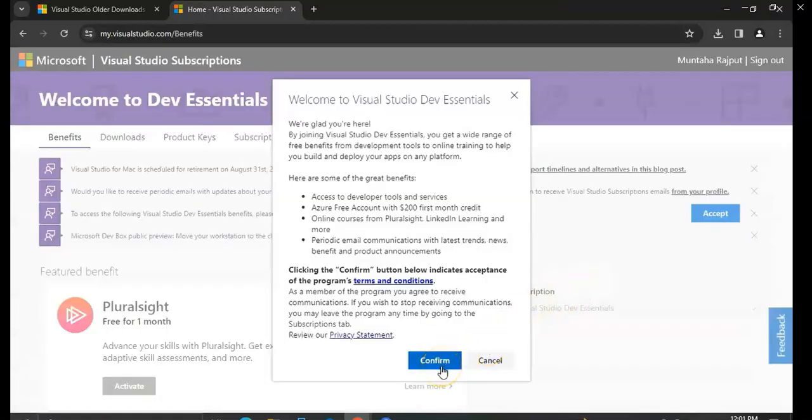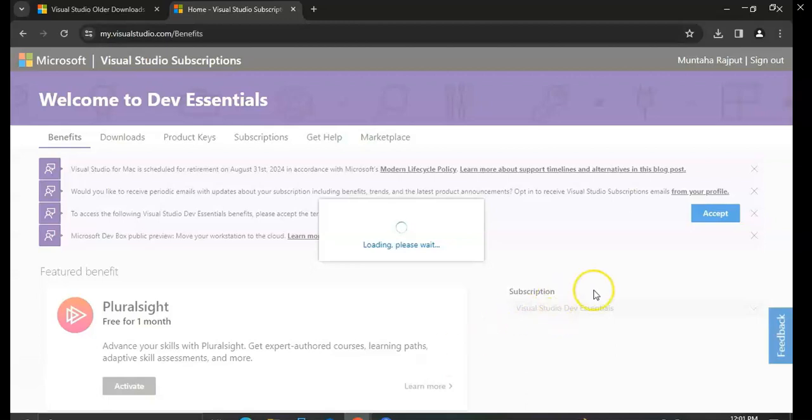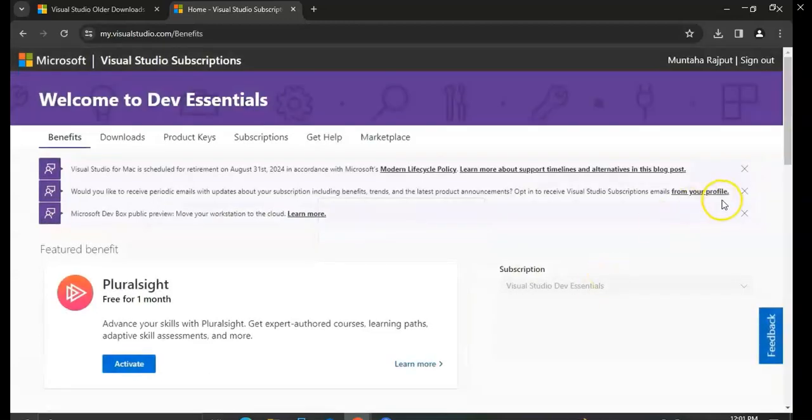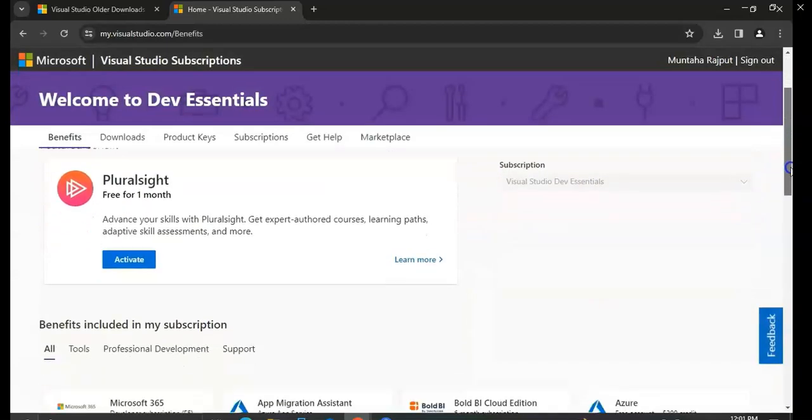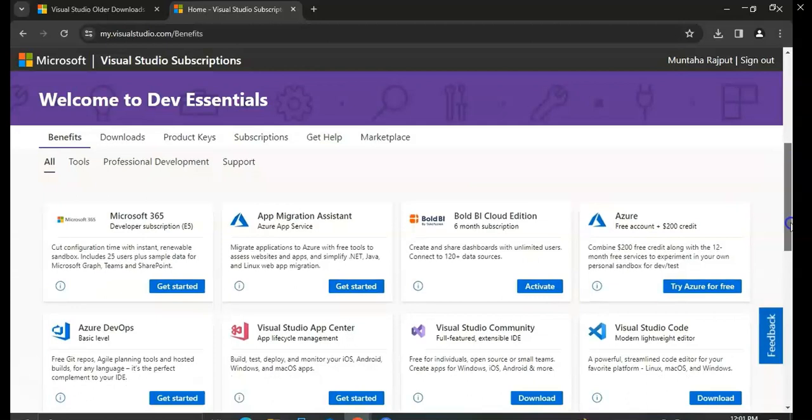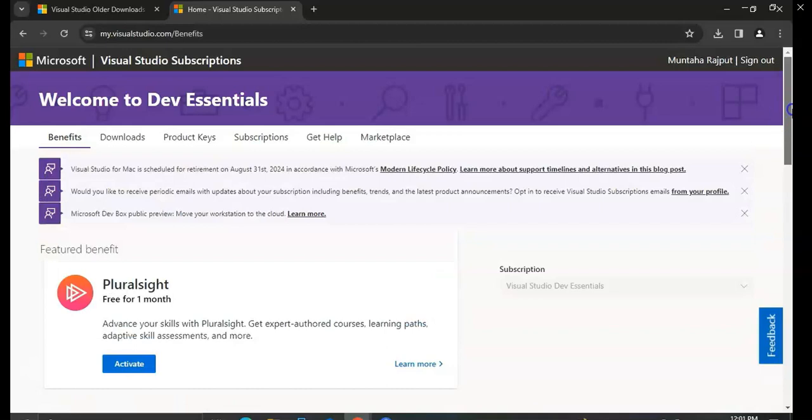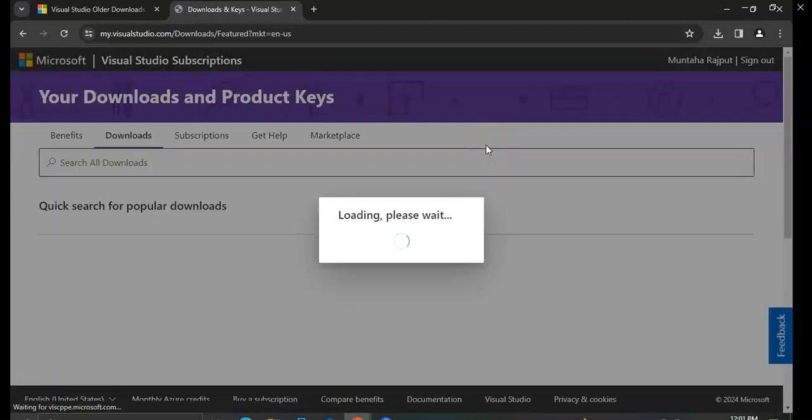Confirm. Here you will find various tools to download, but we are here to download what? Visual Studio 2019. You can see there are numerous tools available for download, but we are going to get into the downloads option right here. Click downloads, and